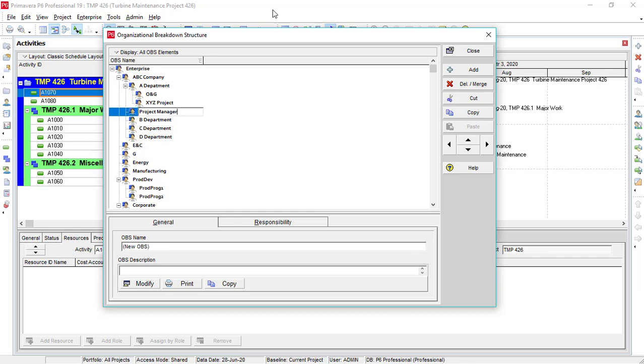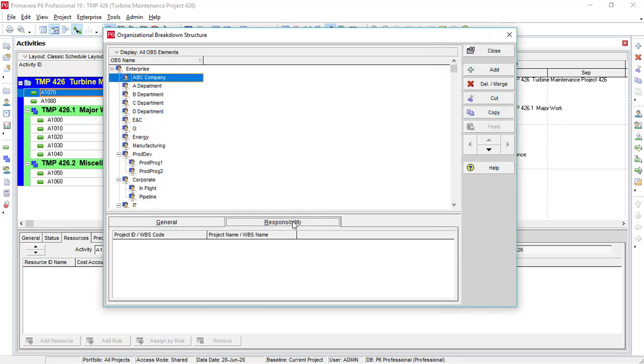Okay dear students, you can see here that very effectively and with a very easy method I have arranged a very good OBS, organizational breakdown structure, for your better understanding.